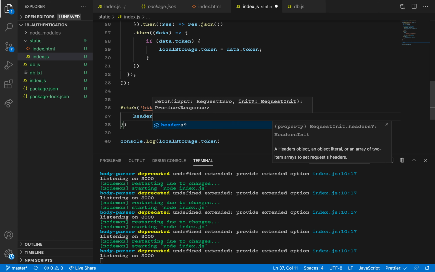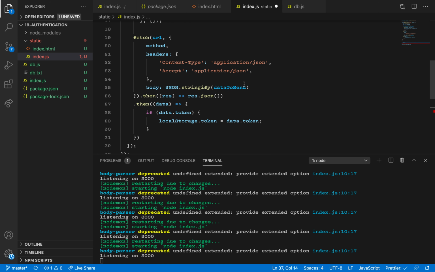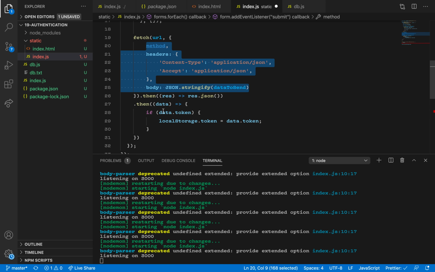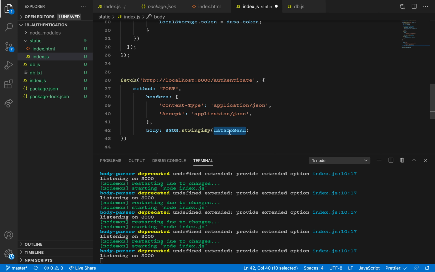We have headers, all of this nonsense. So method is post, headers is that, stringify, token is localStorage.token,